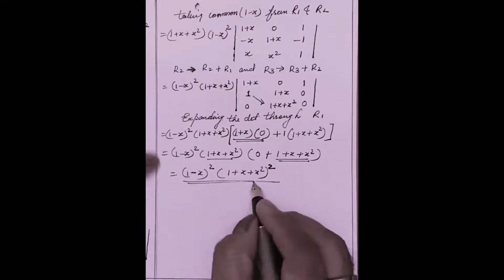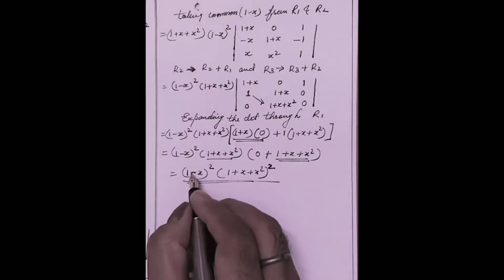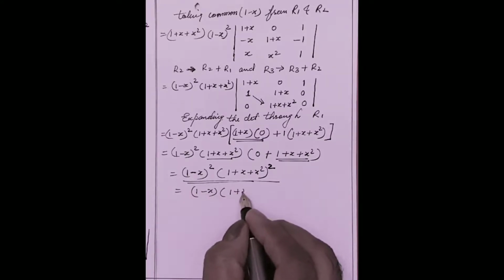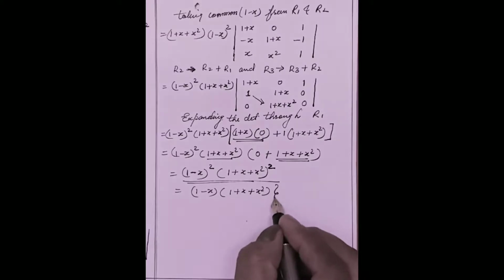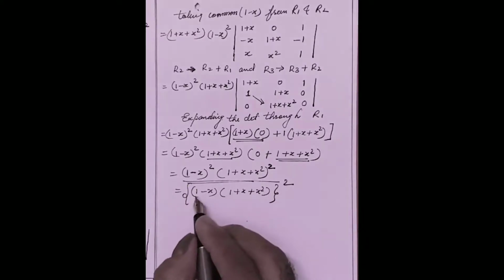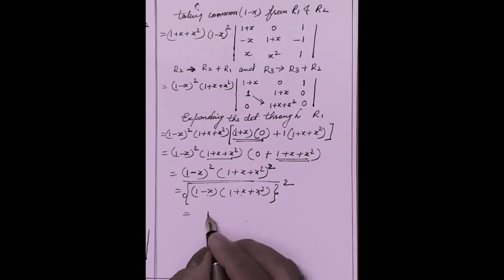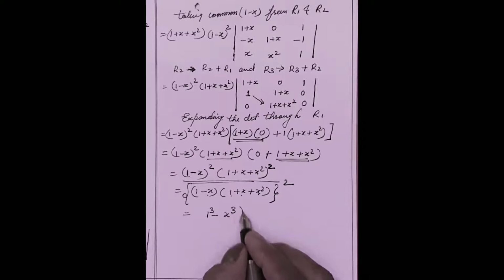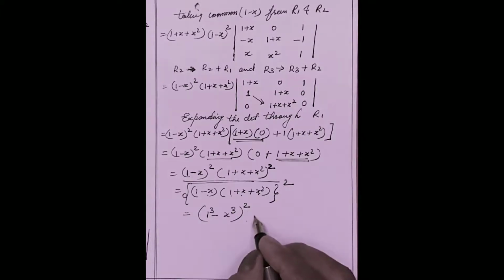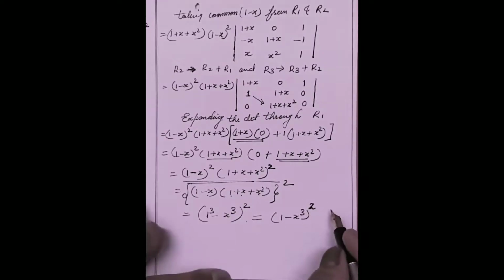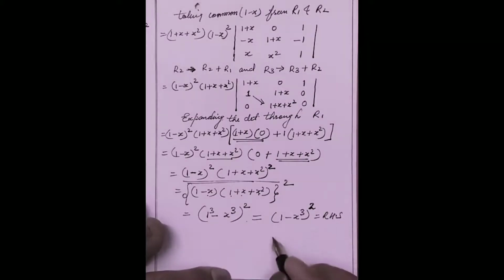So that means now look at here, that second line we have written in the beginning of the question that we have got. So this can be written as 1 minus x into 1 plus x square whole square. Now this is a minus b, a square plus b square plus ab. So that can be written as a cube minus b cube and whole power 2. So that is nothing but 1 minus x cube whole square, which is equal to the right hand side. Hence proved.